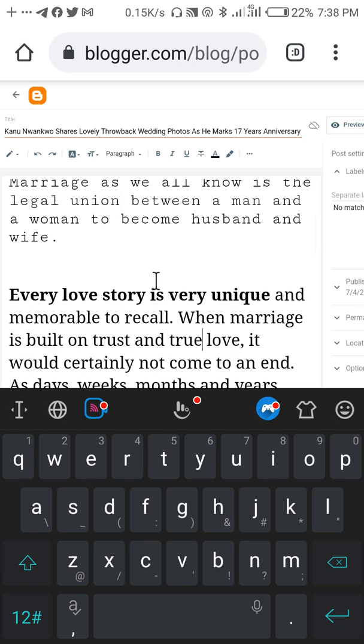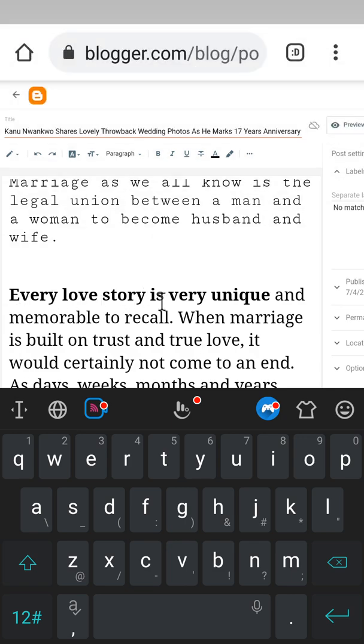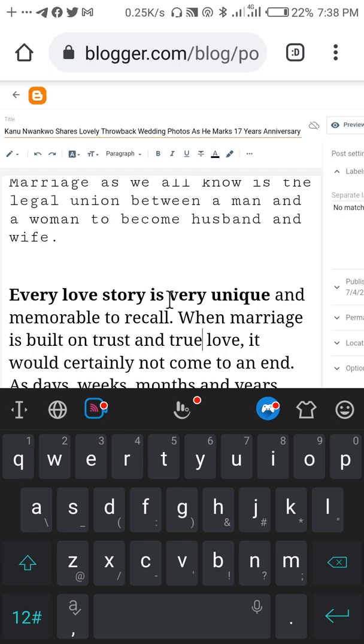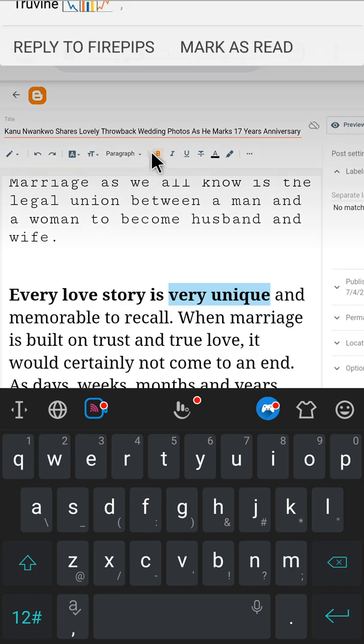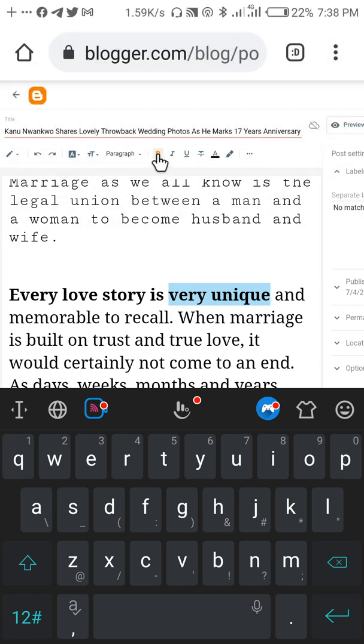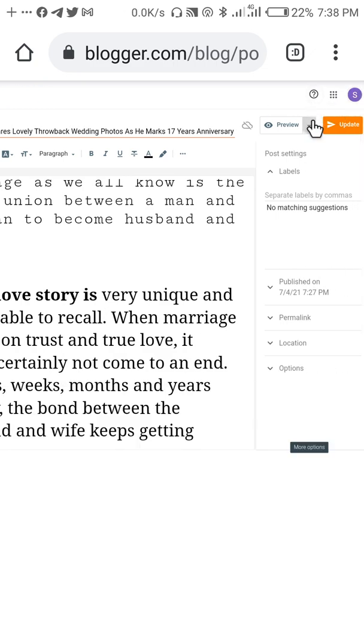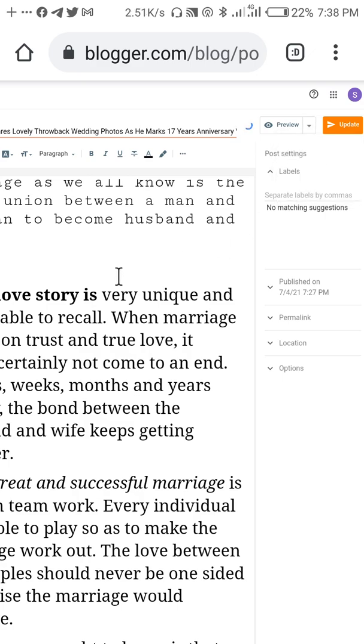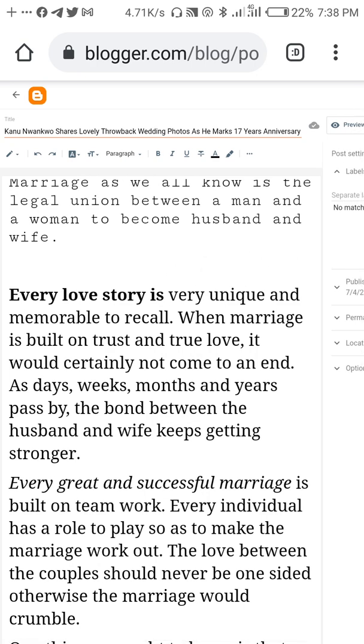So let's assume we want some portion, maybe we don't want this very unique to be bold, and we want every love story to stay as it is right now. You can just highlight the word you don't want the bolding applied to, and click on that B. So that's how to do it, guys. Whatever you're doing, you can just come here and click update so that it will save your work for you. All right guys, so the next one is